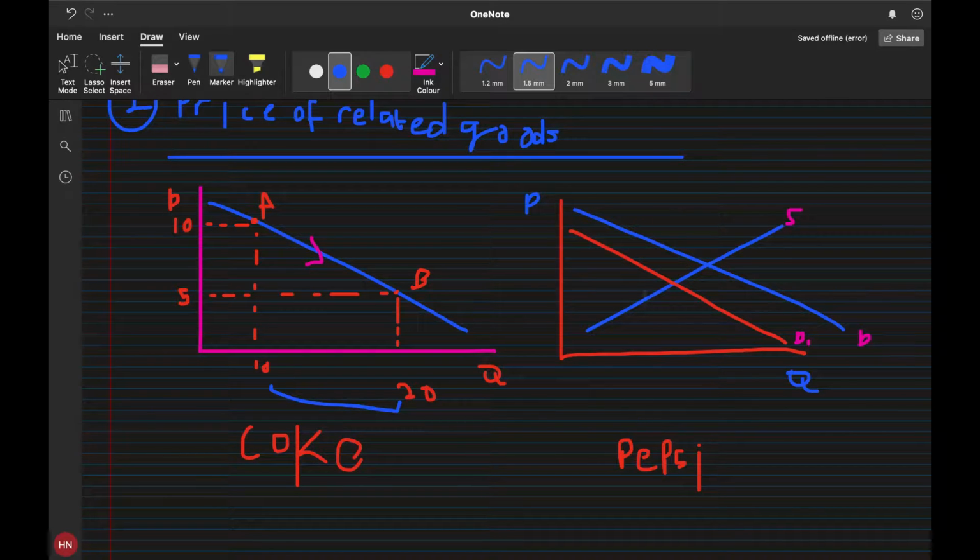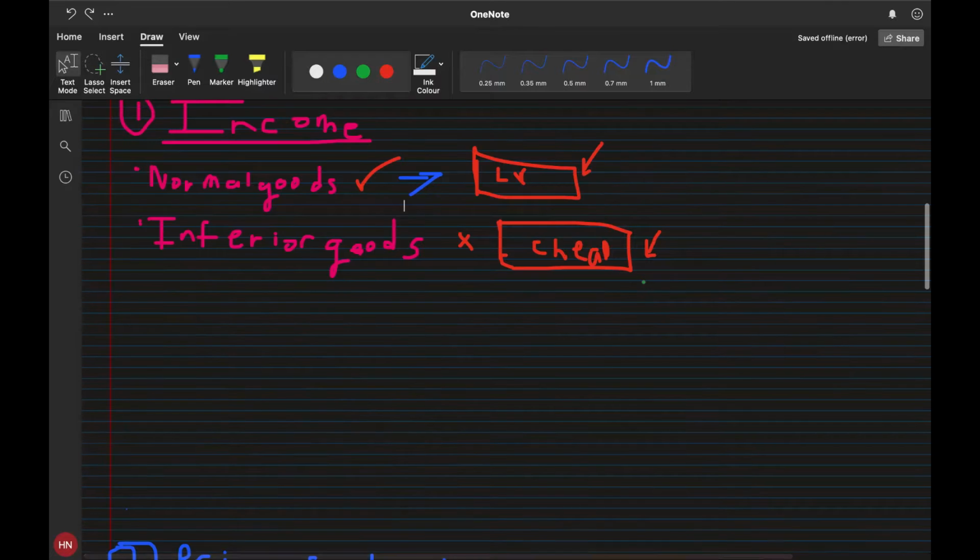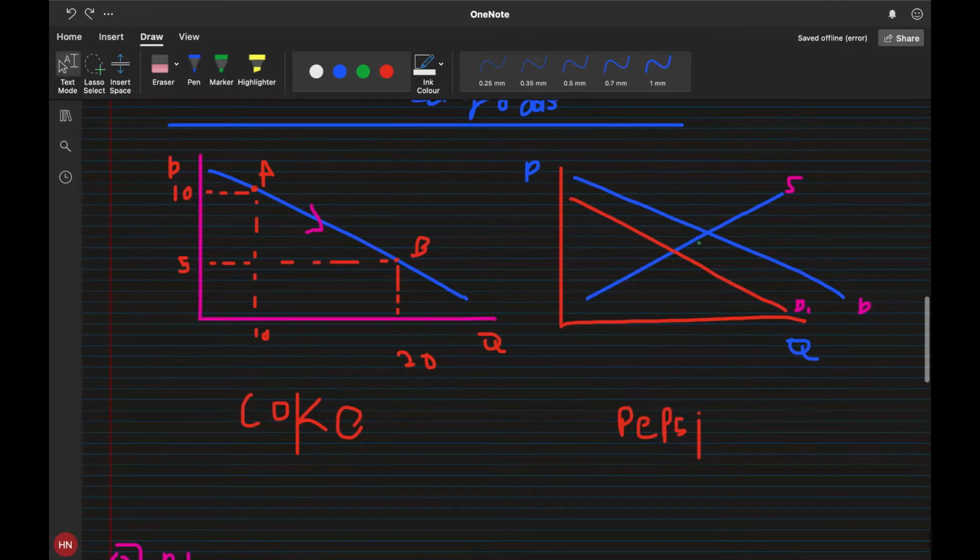For Pepsi, however, the price remains the same. There was no change in price initially for Pepsi. It was still at this point, right? Let's just call this 10. Sorry, not this point. This is the second demand curve. This point is actually at this point. So now, since there was an increase in demand for Coke due to the reduction in price, there is a change in demand for Pepsi, because Pepsi and Coke are substitutes. And so if a person consumes more of Coke,